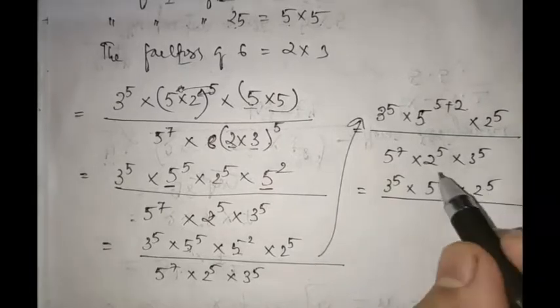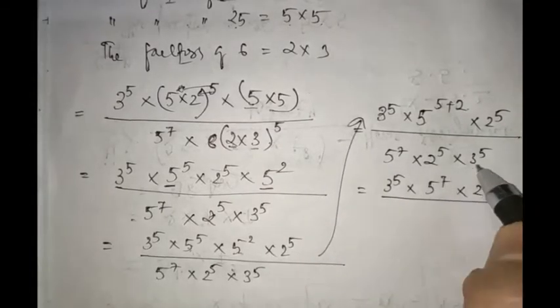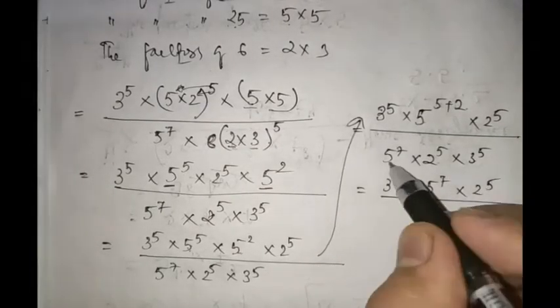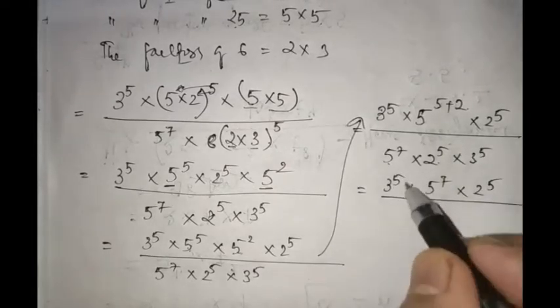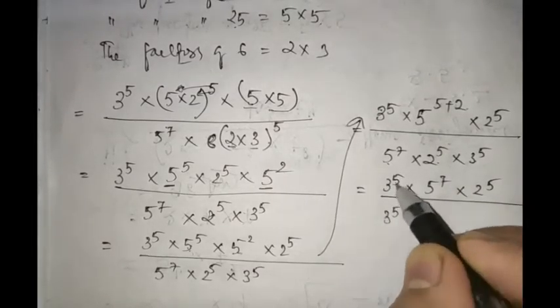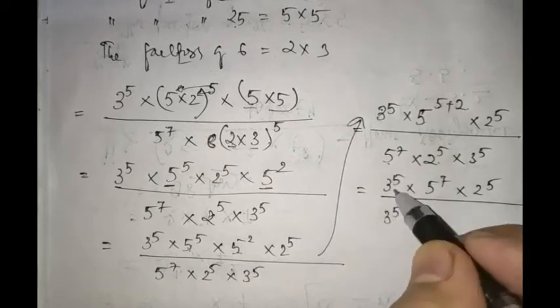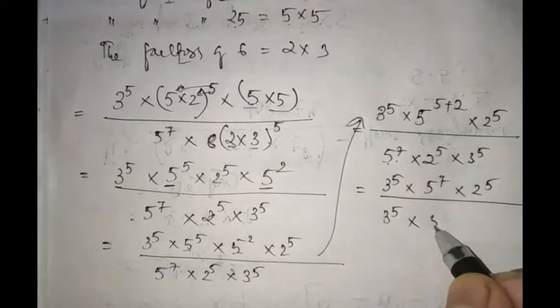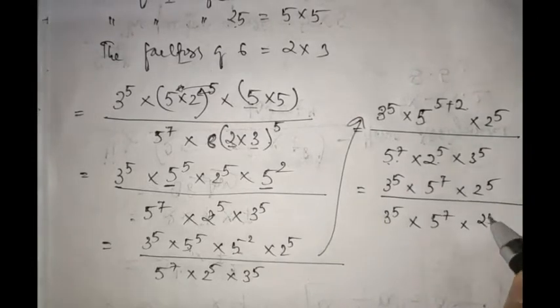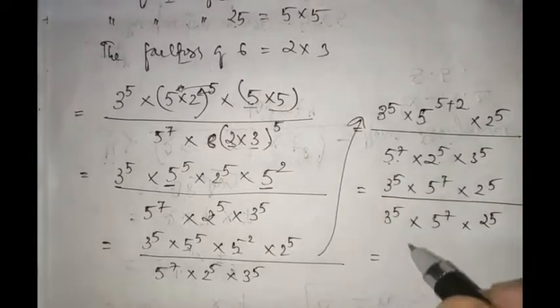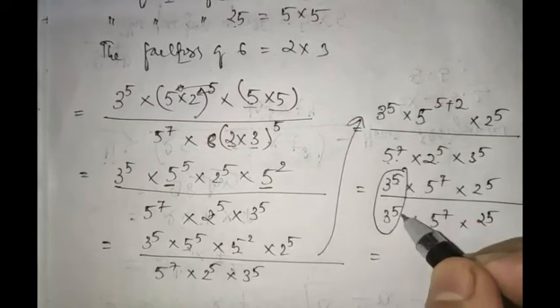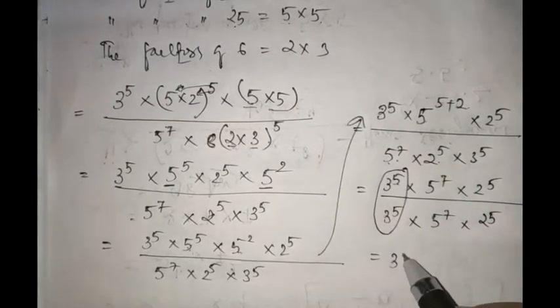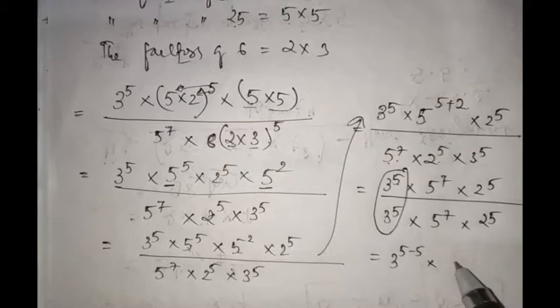Now in the denominator side also you have 3, 2 and 5, right? So write it in its sequential manner: 3 to the power 5. Why? In numerator and denominator, keep them together. Similarly 5 is there, so 5 to the power 7, 2 to the power 5 is there, right? So now you have the same base and division sign is there. What will happen to the exponent? Subtract. Similarly 5 to the power 7 minus 7 into 2 to the power 5 minus 5, right?